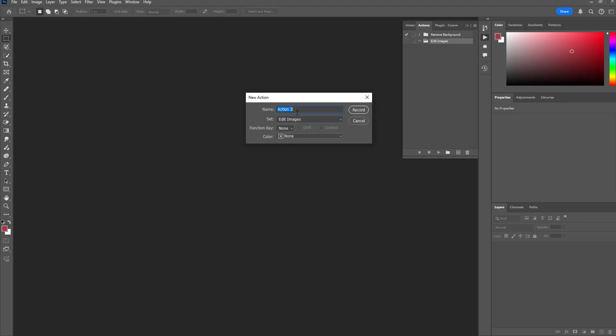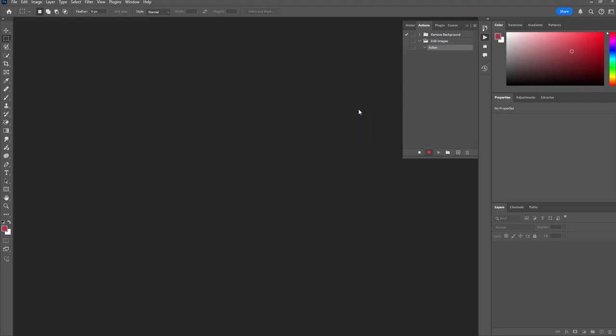You can just put an action here, or you can rename it. This is under Edit Images, the set that we've created. So record. Once it is recording, the red one, it means every action that you perform in Photoshop will be recorded here.